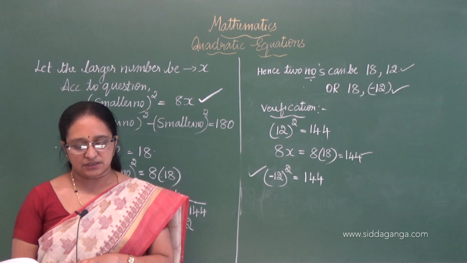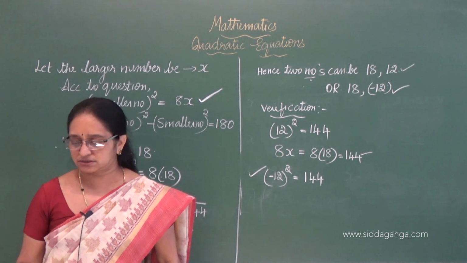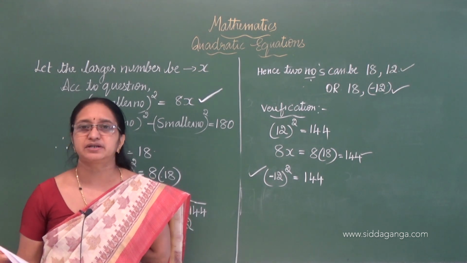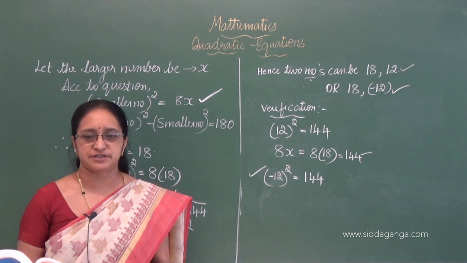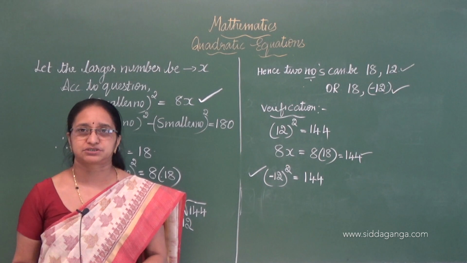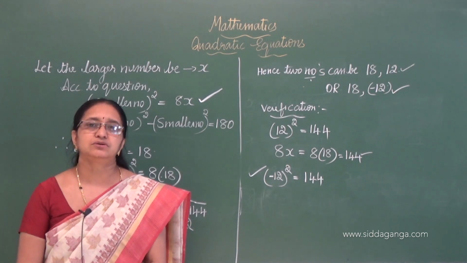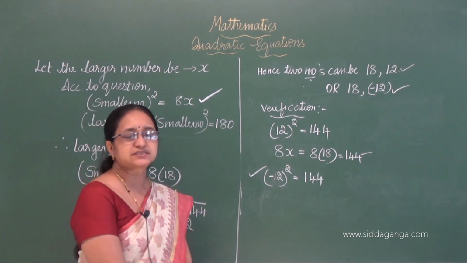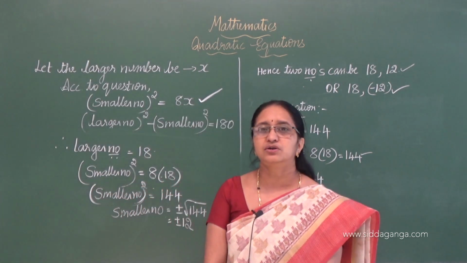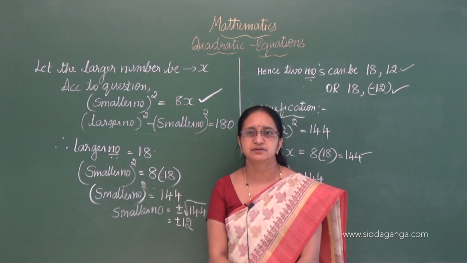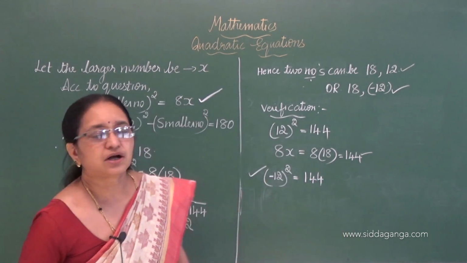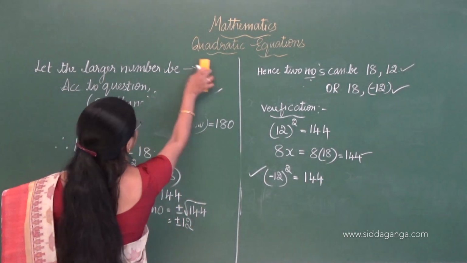So the train travels 360 kilometer at a uniform speed. So what is the distance here? Distance given is 360. And you all know wherever there is speed, distance and time, you have to apply the formula, that is speed is equal to distance by time. So let us see how to apply it.